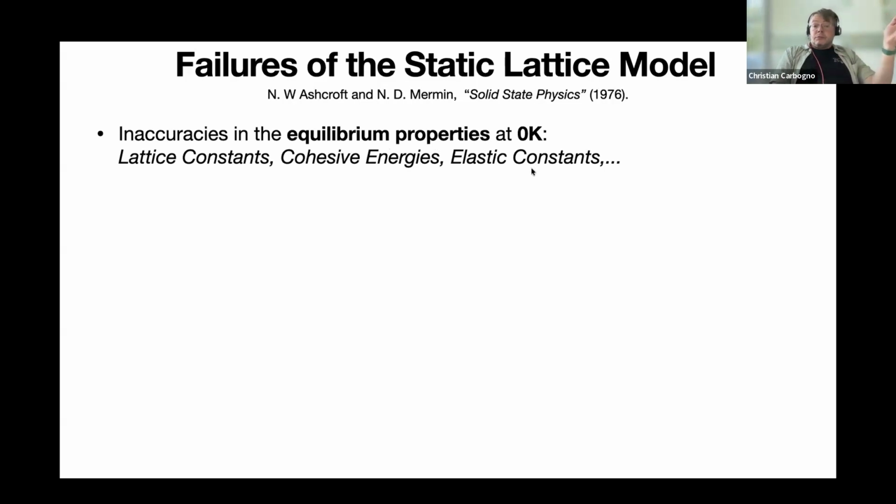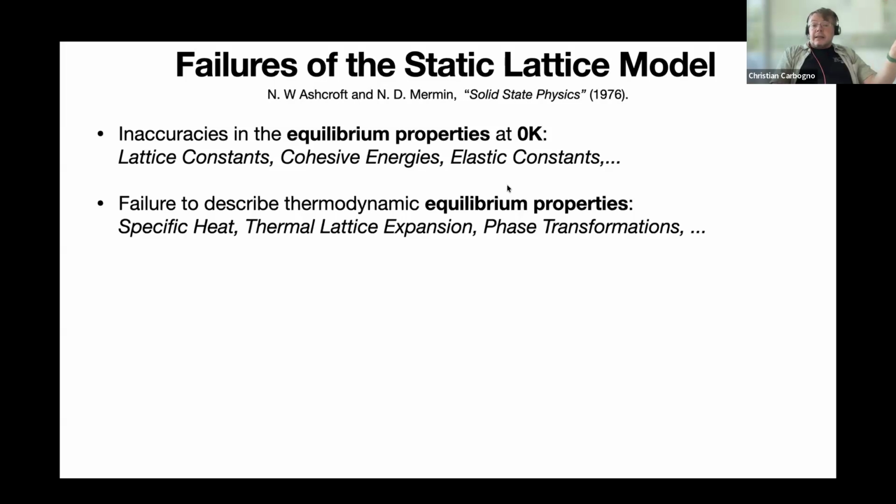It becomes worse if you're not looking at 0K, but you go to a higher temperature, at room temperature, or even beyond. Then all of this is much more influential. You will see lattice expansion. You will see that your system has a specific heat, and you can even see phase transformations, so that one crystal structure becomes more stable than the other. These are all equilibrium properties, so really something that you measure on average.